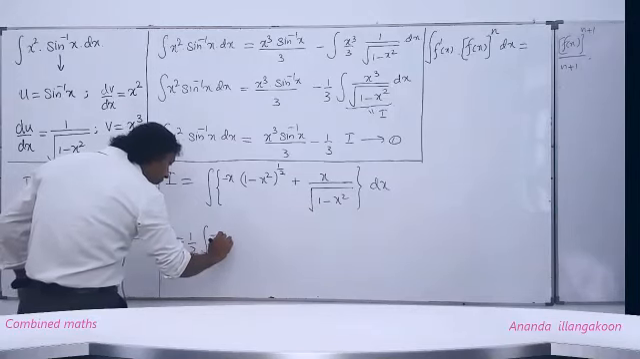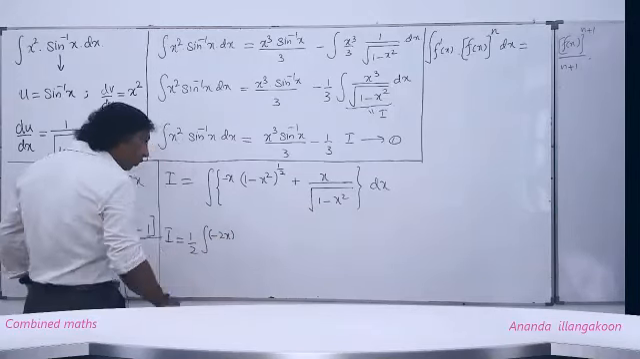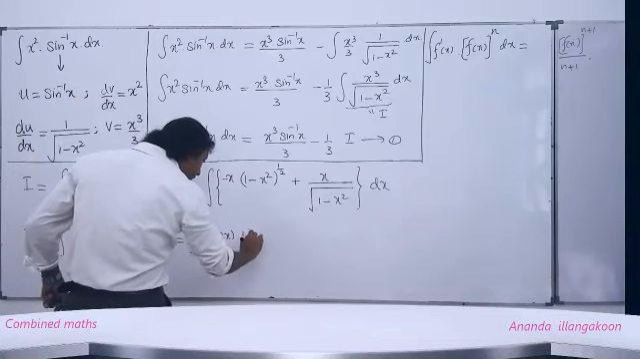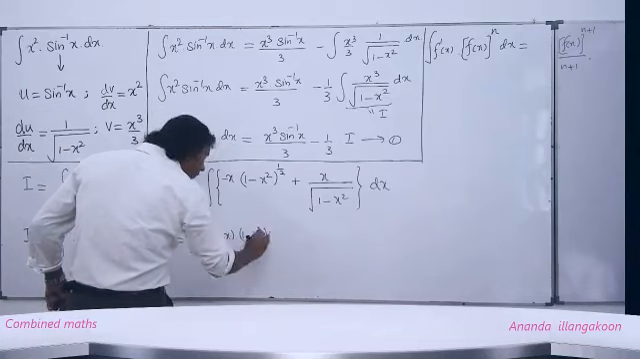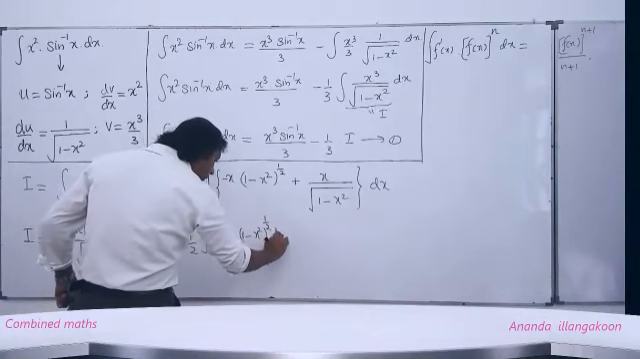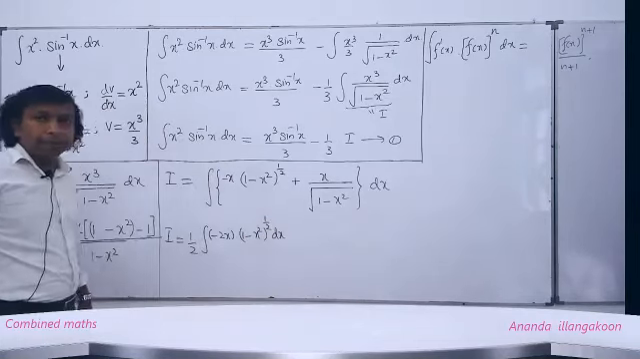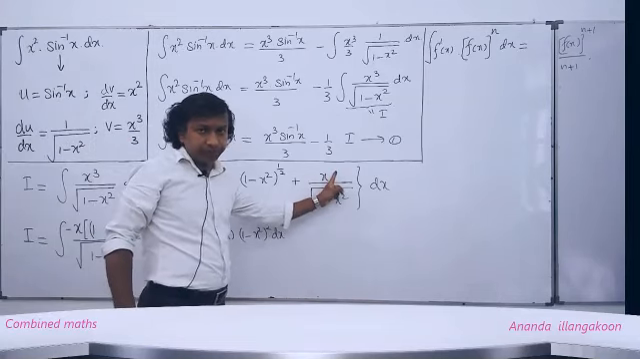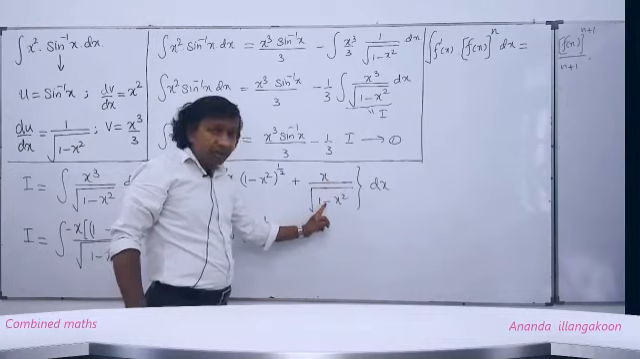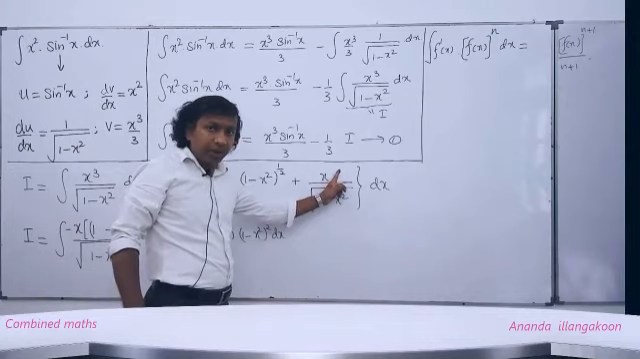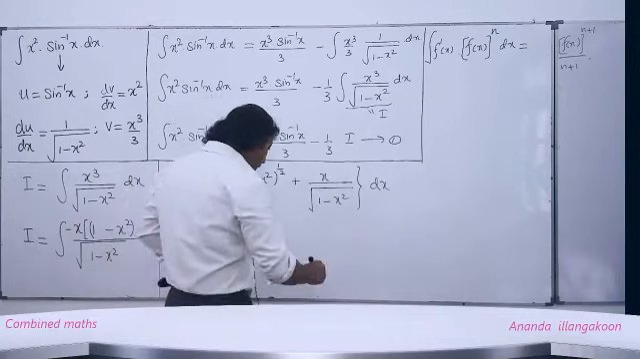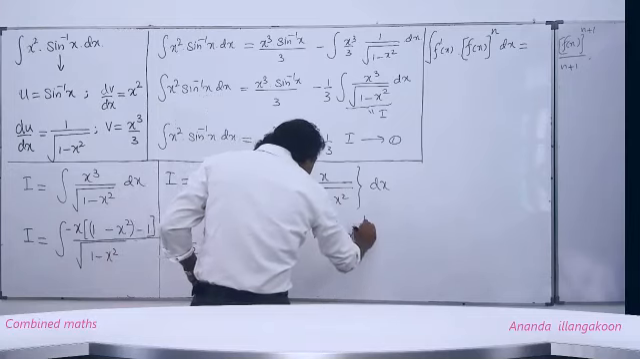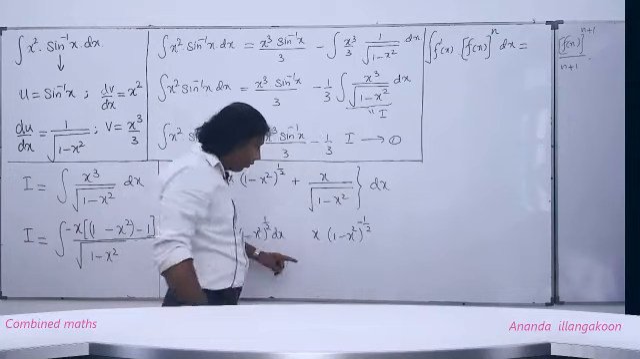Half integration minus 2x times 1 minus x squared to the power half dx. Correct, no? Now I take this square root to the numerator. This is power half, no? Also take that to the numerator, minus half. Then we have x times 1 minus x squared to the power minus half. For this also,